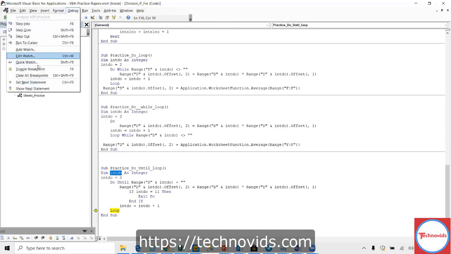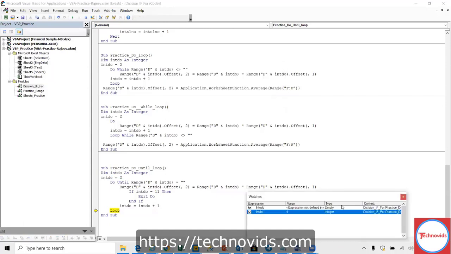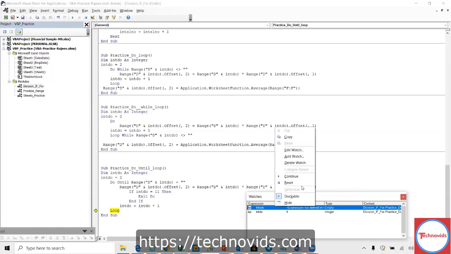Debug and value. Actually, it will show. This is delete watch.